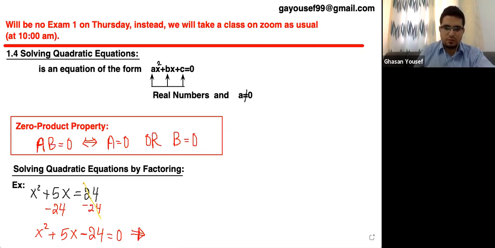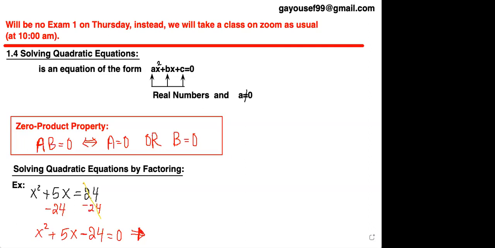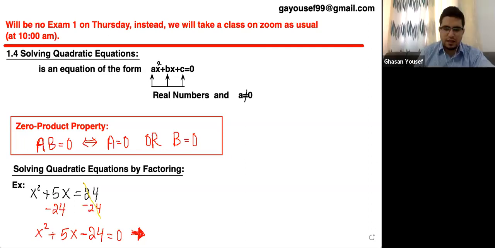Now, what is the factor of this quadratic equation? I'm looking for two numbers. The product of these two numbers is minus 24, and the sum of these two numbers is 5. What are these numbers? Negative 3 and 8. Negative 3 times 8 is minus 24, and 8 minus 3 is 5. This is correct. So here I can set x plus 8, sorry, and x